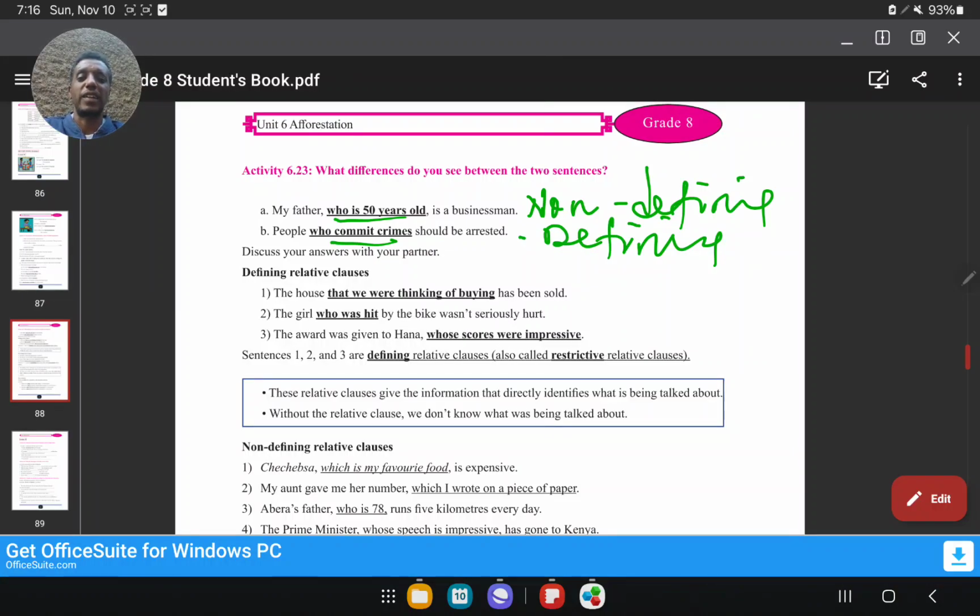አሁን እናንተ ሪላቲቭ ክሎዙን ተውት። እንደዚህ አድርጋችሁ ስሩት። My father is a businessman. የትኛው አባትህ ብለን እንጠይቃለን? ሙሉ መረጃ ነው አይደለ? So you can omit the relative clause part of the sentence. omit ማድረግ እንችላለን ማለት ነው students. Because it is obvious, it is all about your father. No more additional information. You have only one father. So you are talking about his business.